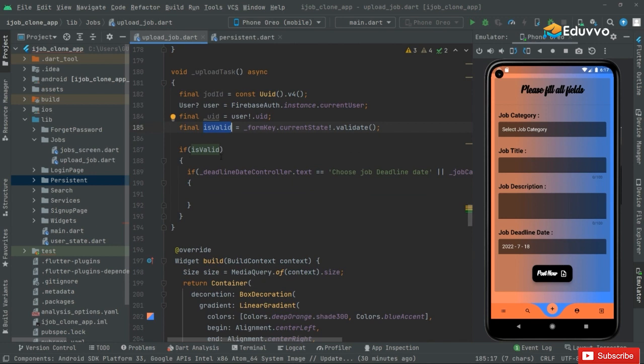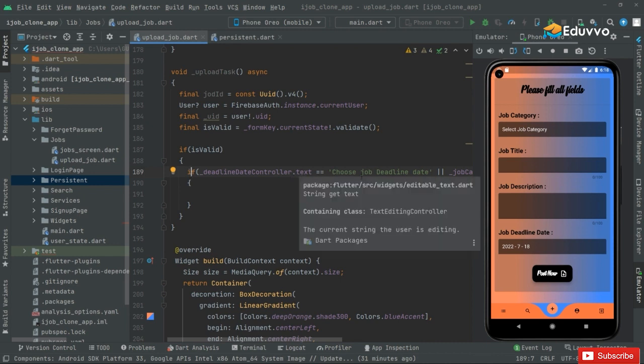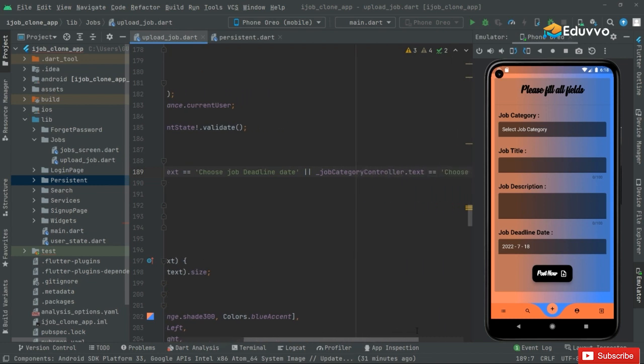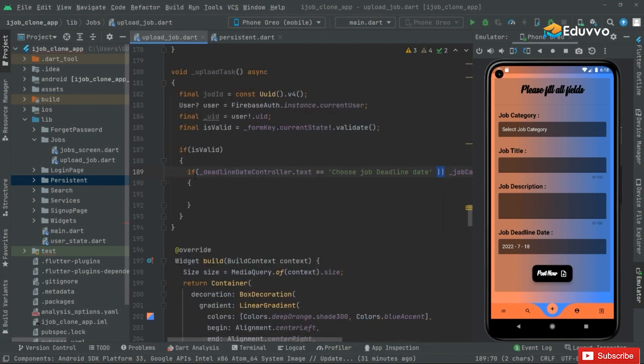So in here we are just checking if it is valid, then we use the nested if and check if deadline date controller.text is equal to 'Choose job deadline date', and we use the OR operator, or it will check that job category controller.text is equal to 'Choose job category'. So only in that case, in these curly braces, we will say Global